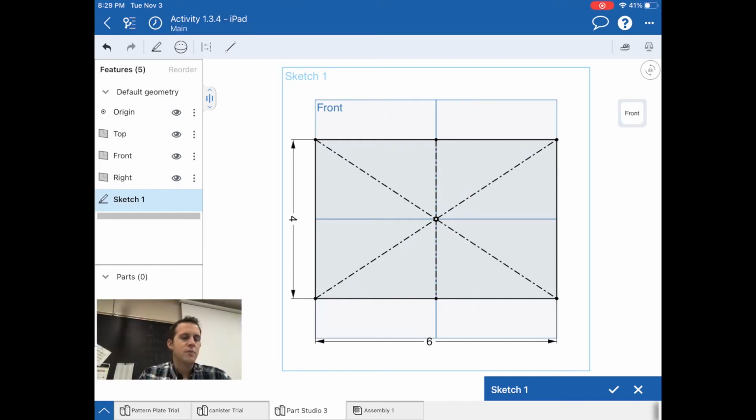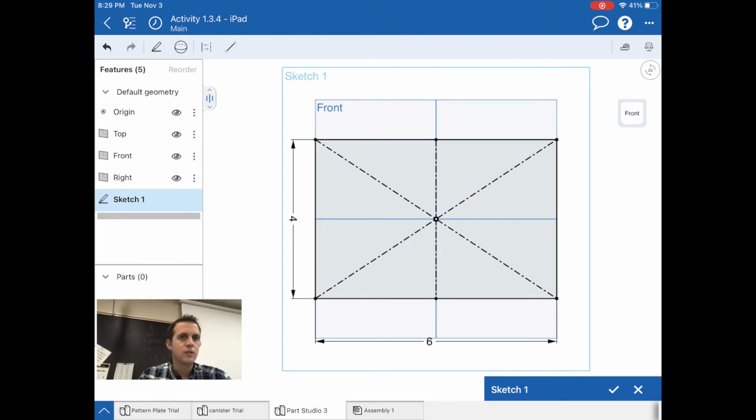Right, now what we need to do is make the three shapes that are on the activity or on the plate. So the first shape is a pentagon, and then there's a hexagon, and then there's an equilateral triangle. So if I start with a pentagon, that pentagon is supposed to be